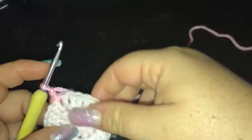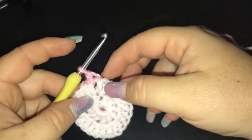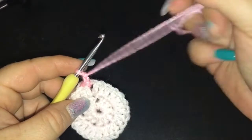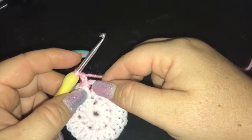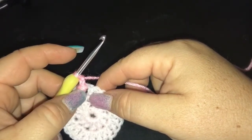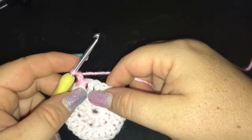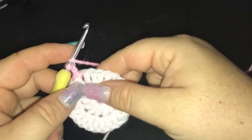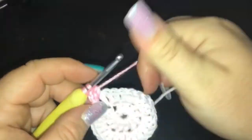Okay, I'm back, lovely people. We finished the 24 double crochet for round 2. I've tied off, joined on a 2nd colour. I've just joined on with a slip stitch into the last stitch of the previous round, done a chain of 3, and we're ready to kick off with round 3. So that chain of 3 counts as our first double crochet. We're going to do a 2nd one into that stitch, so that'll be 2 double crochets,